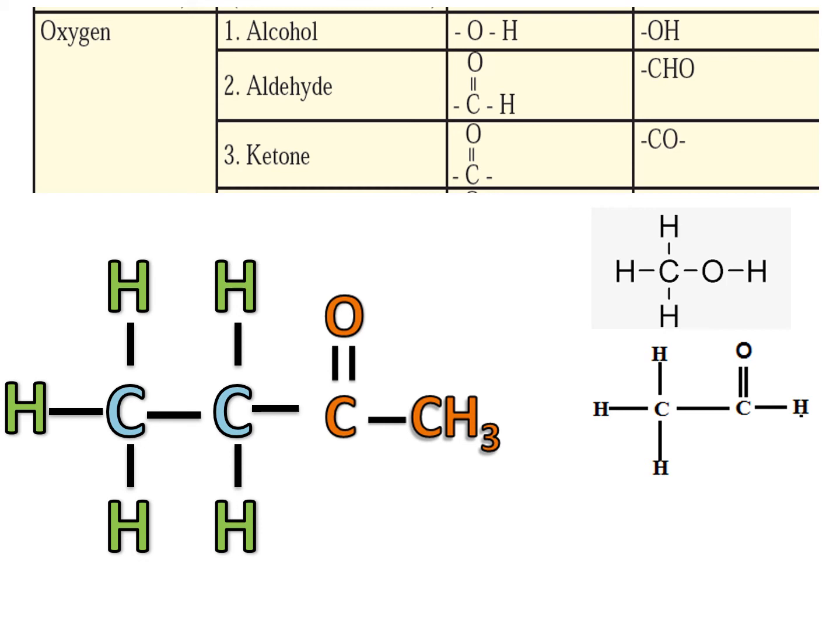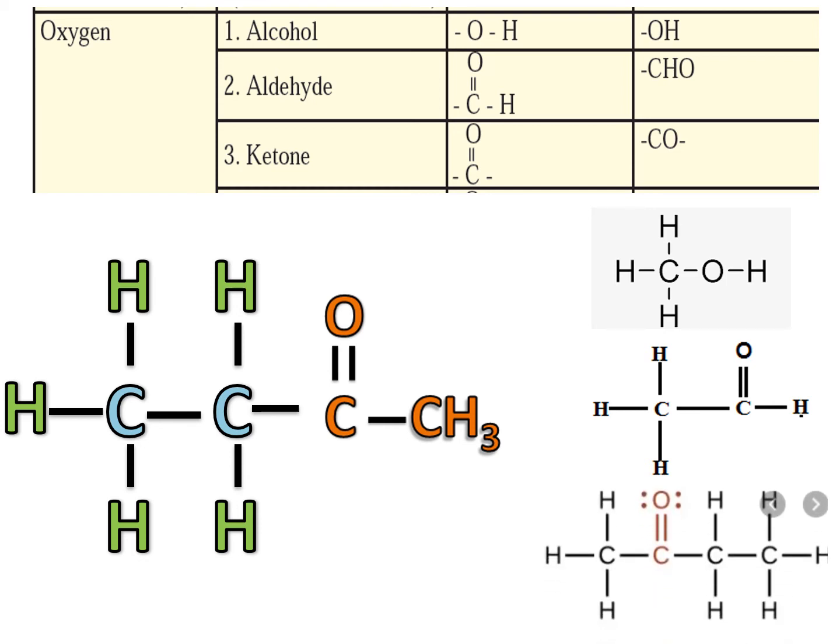I hope you understood. Now, if you see the C double bond O CH3, which is in orange color, instead of that CH3, if I would have written H there, then the functional group will become CHO, which is an aldehyde and not a ketone. So, when a ketone comes, you have to replace the H with any other alkyl group. When I say alkyl, it is related to carbon and hydrogen.